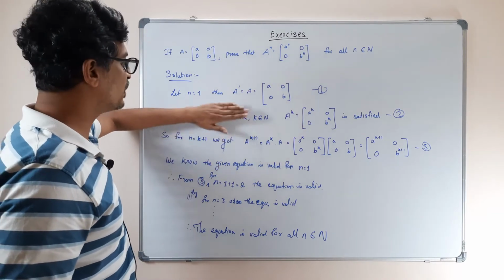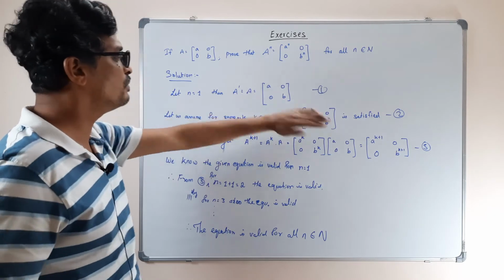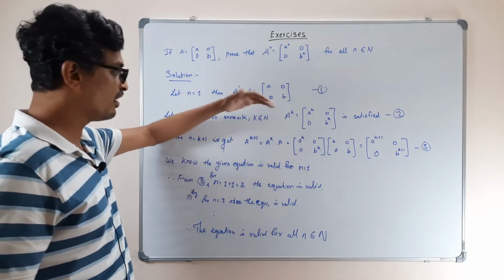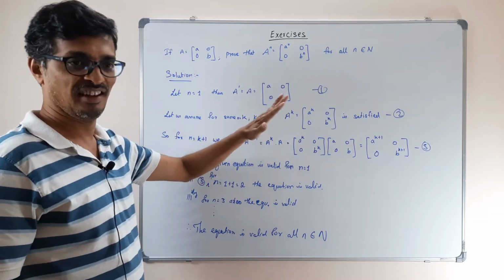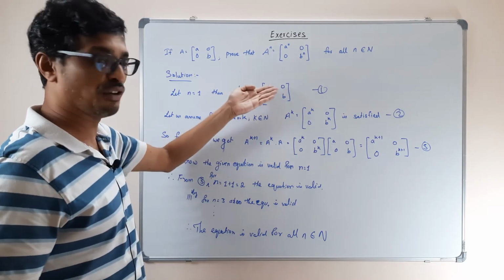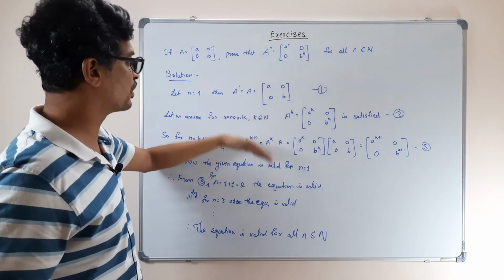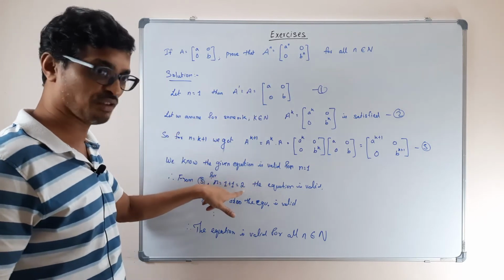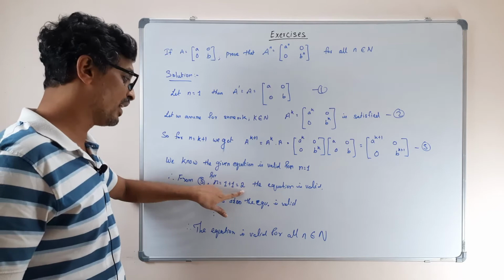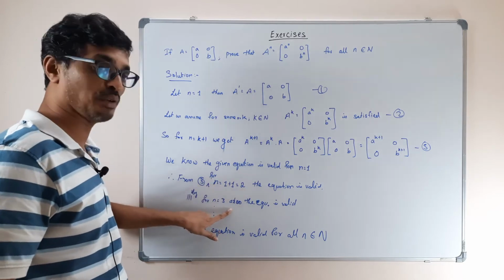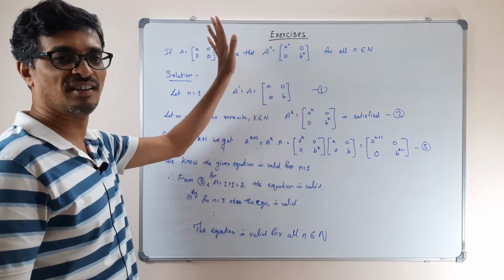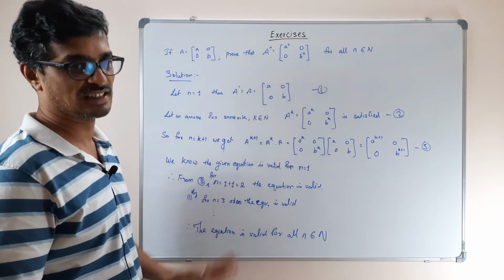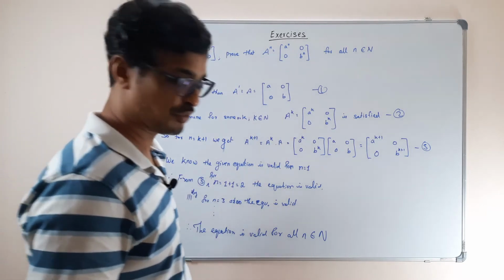You got it now? Because what you have to do is assume that for some A to the power of k it is valid, and all you have to prove is that A to the power of k plus 1 is also valid. And we know for A equal to 1 it is valid. So using this property we can say A square is also valid, then A cube is also valid, then A to the power 4 is also valid. So you can go on, and for all numbers it is valid. This is the way you have to do this problem. Okay?